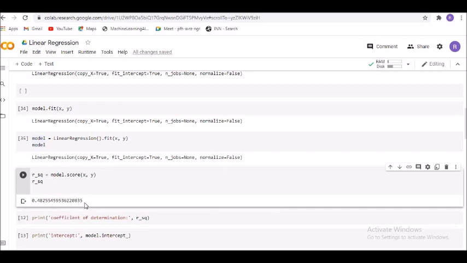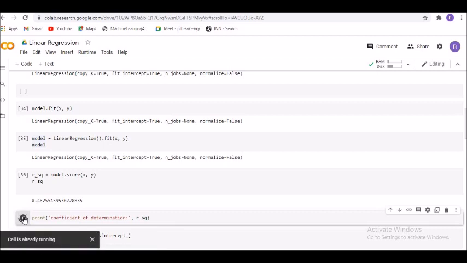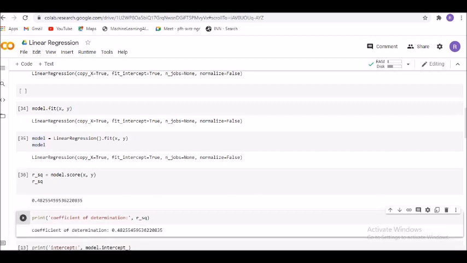Now with dot fit, you are able to calculate the optimal values of the weights b0 and b1 using the existing input and output. And what are those? Input was given the label x, and output was given the label y as the argument. Therefore when I say dot fit, that means it is going to fit the model. So model here can be given as model equals LinearRegression dot fit x, y. If you run this one, you will see that it will give you a model, and the result will be seen in this manner.